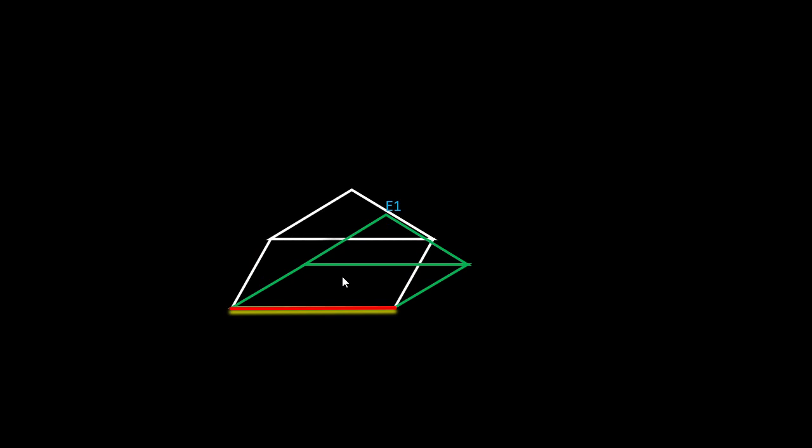So what do we know now? We know E1, we know E2, we know theta 12, we know E3, we know theta 13. So we know all these parameters, but we are not given this distance, the crank length, nothing is given to us. So how are we going to do this? We are given from the origin E1, E2, E3. So for that we have to think a little bit in another way.